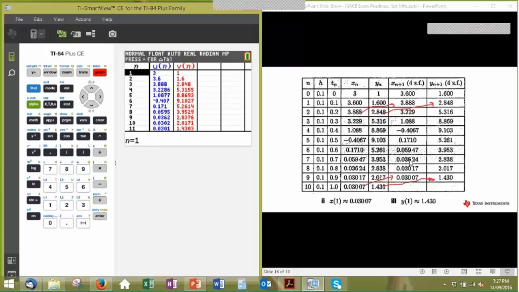The question is asking for these bits, which can throw kids a little bit if they know what these are. Well, here's x equals 3, y equals 1, and the first values were 3.6 and 1.6. Well, here they are on this table. The second one, 3.888. Well, that means I needed to transfer this guy up to here, this one across to there, and this one over to there, and so forth. And that's not totally intuitive for the students. So you've got xn and xn plus 1 in your table, but these are the ones you wanted down at the bottom. That 0.03 for x and 1.43 for y are the values that they were really looking for in the question.